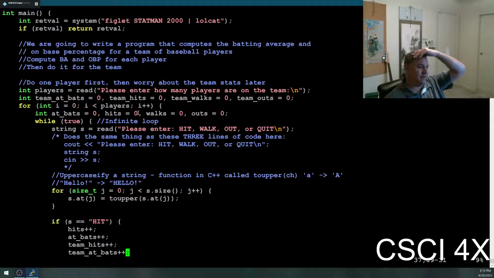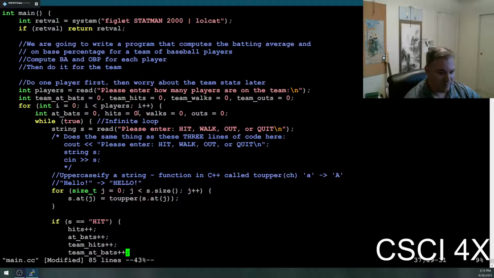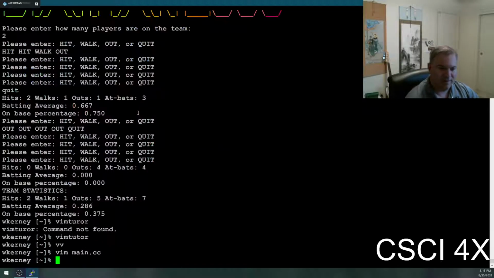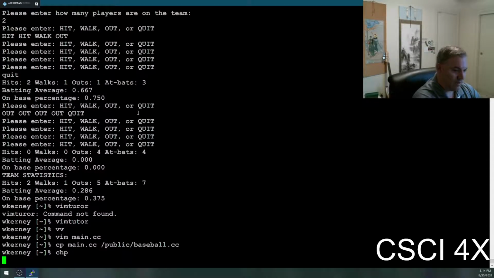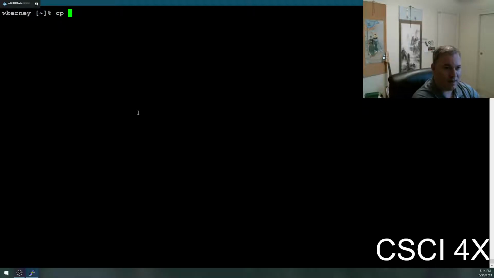We will pick this up next time. Looks satisfying, this massive code. It's not really, how many, 85 lines of code. It's not really that massive. If you want a copy of today's code, copy /public/baseball.cc to your current directory, and then you can gaze with wonder upon